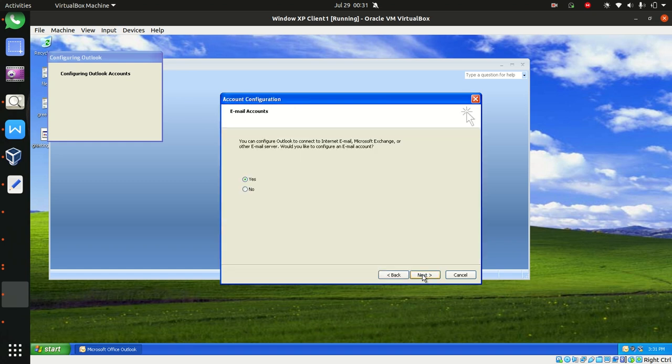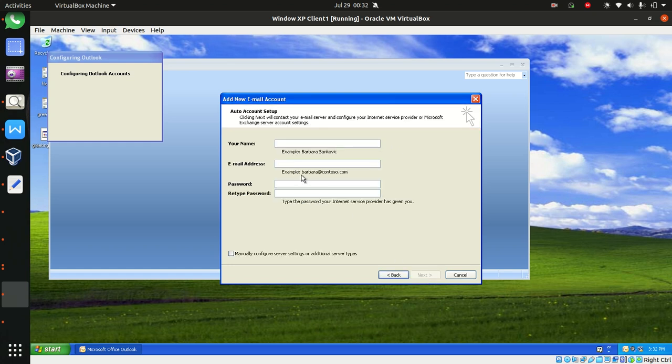Click next. You can configure Outlook to connect to the internet, email, Microsoft Exchange. That's what we are going to do. Then click next. Would you like to configure the email account? Yes, I need it. And then you're asked to click next. We're going to type the name we're going to use, the student